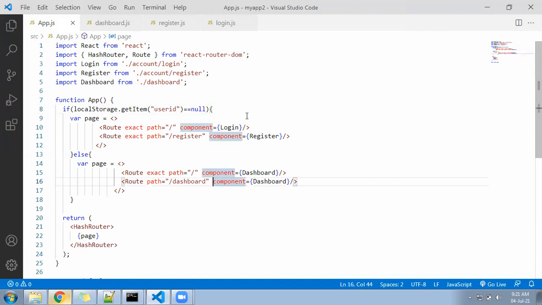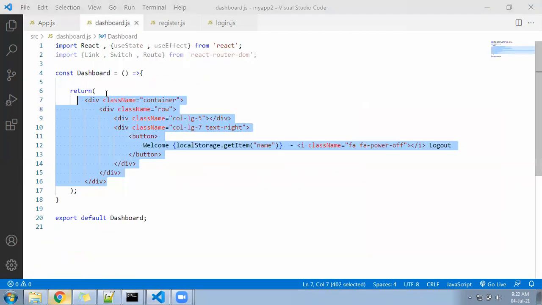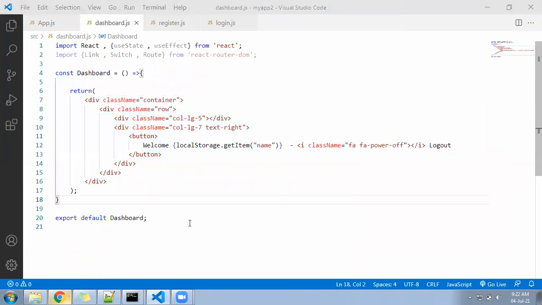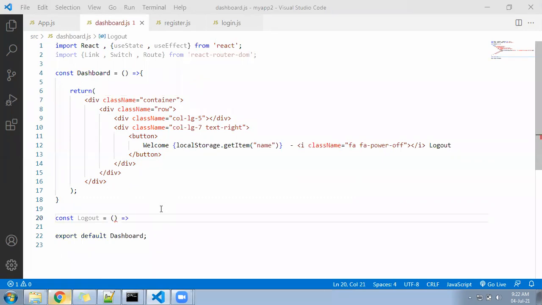Right? So let's go ahead. Next is which file? Dashboard file, a functional component. So you can write a logout function anywhere. Let me go here. I will write a logout function: const logout, L should be capital, logout equal to arrow function.